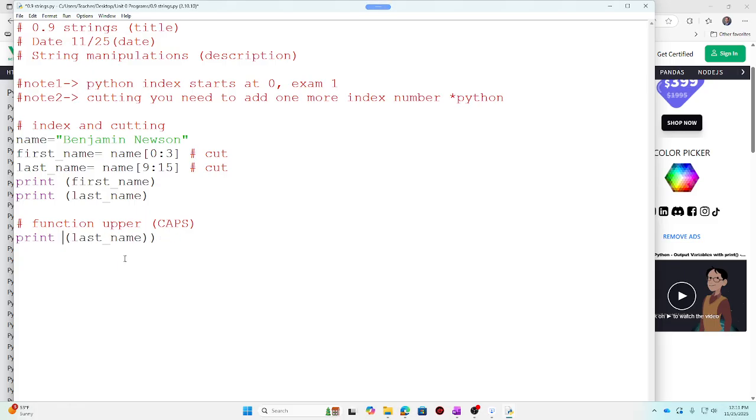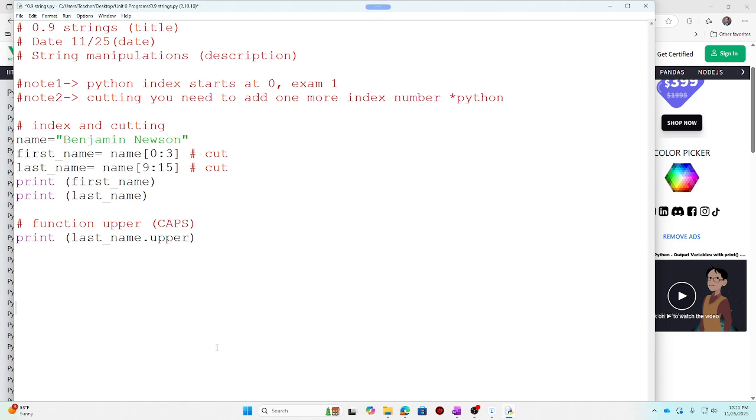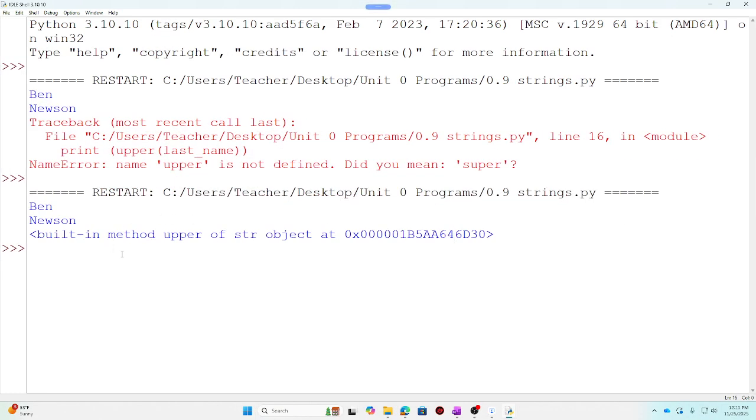So what you do is, if I want to go last name and I want it upper, I just go upper like this. Let's see if this works now. Okay. Built-in method upper of string. What? It's giving me some sort of weird error. Maybe I have to install this.